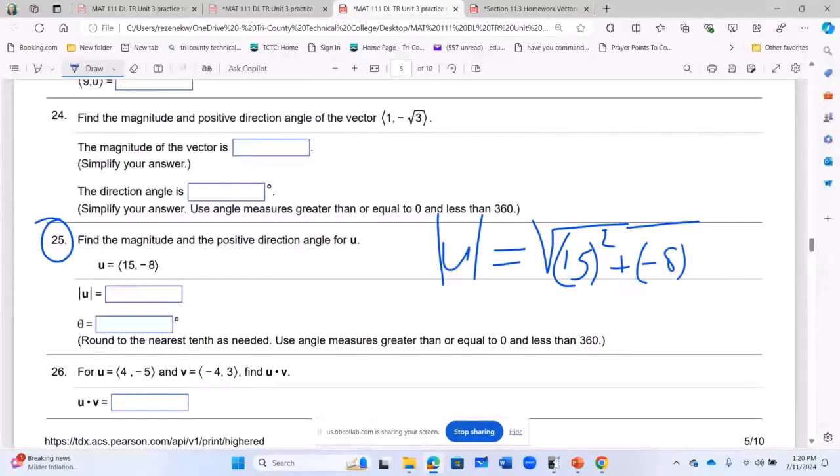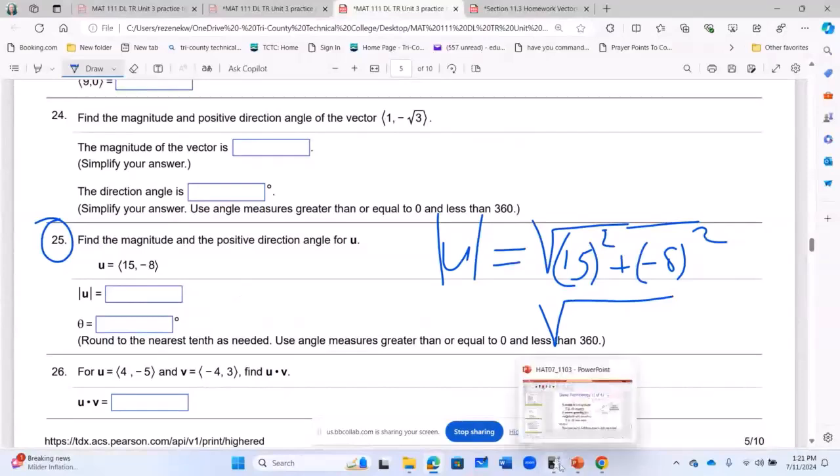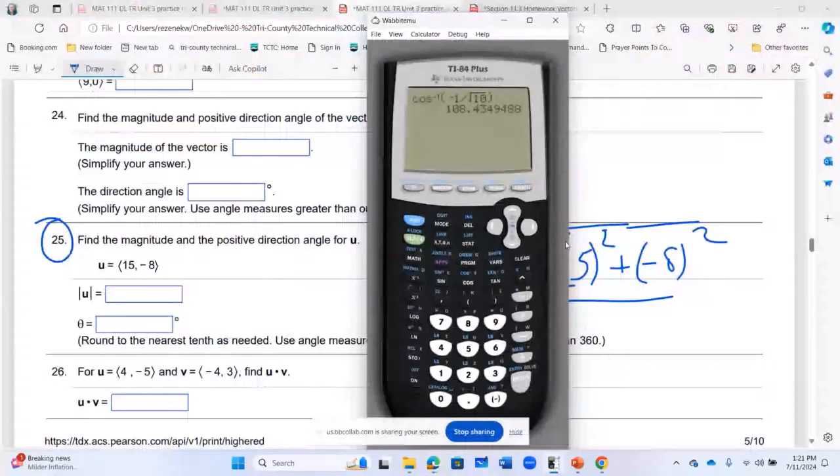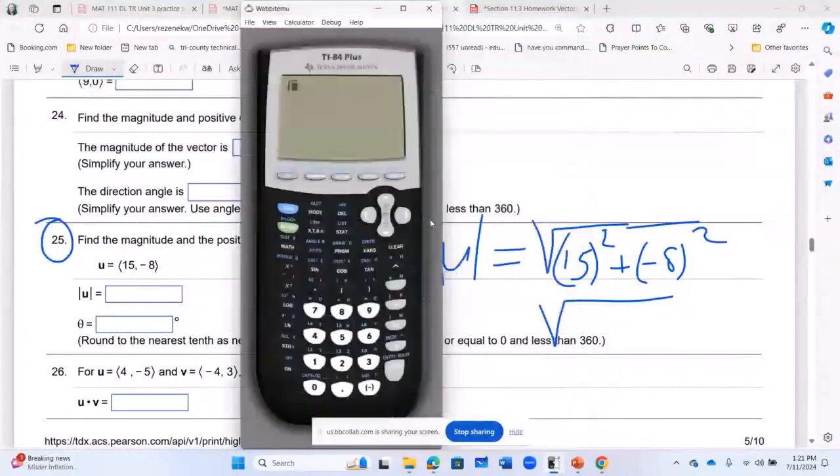So if I have 15 squared, I have 225. I can use my calculator though. So let me put it in my calculator that way. So I have square root, and I have 15 squared